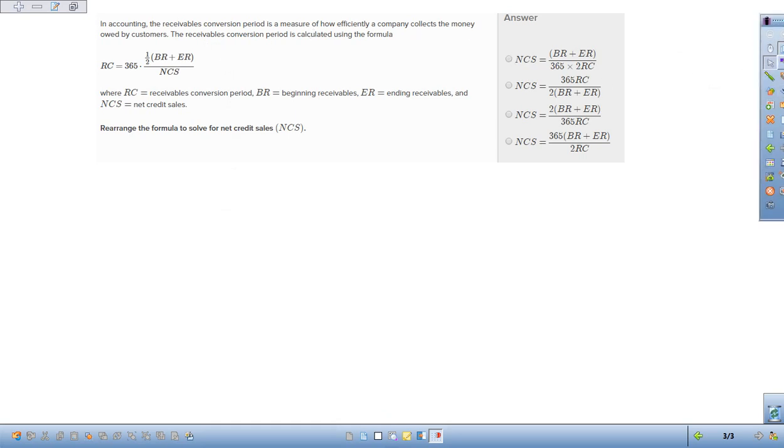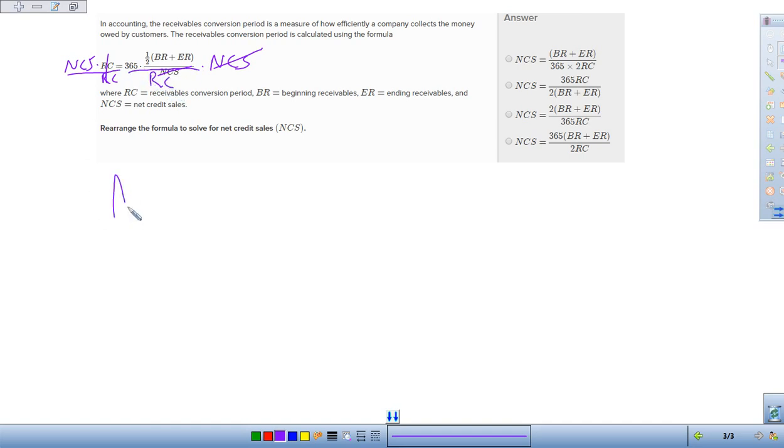But here we go. We're just looking at this equation. We want to solve for NCS, which means we need to get it out of the denominator. So if we multiply this side by NCS and this side by NCS, then I can cancel this and that. Now I have NCS times RC is equal to all that. Well, I want to get rid of RC, so I'll divide by RC so I can cancel it. But that means I better divide this side, the whole thing, by RC. So my answer is NCS, net credit sales, is equal to